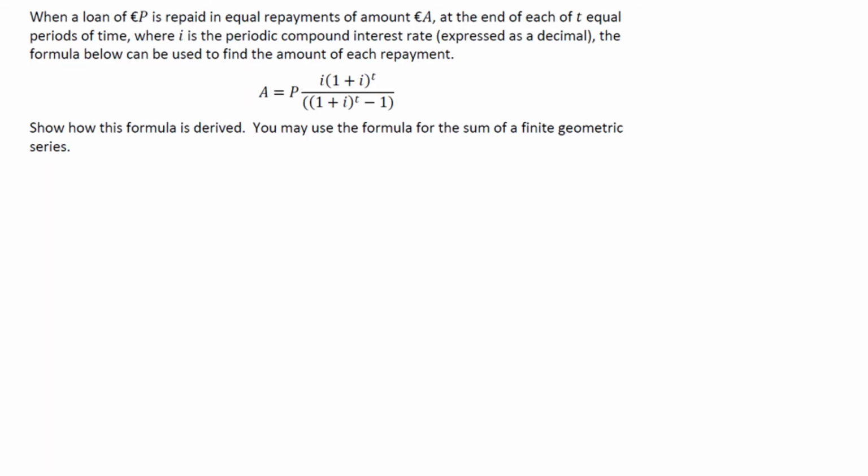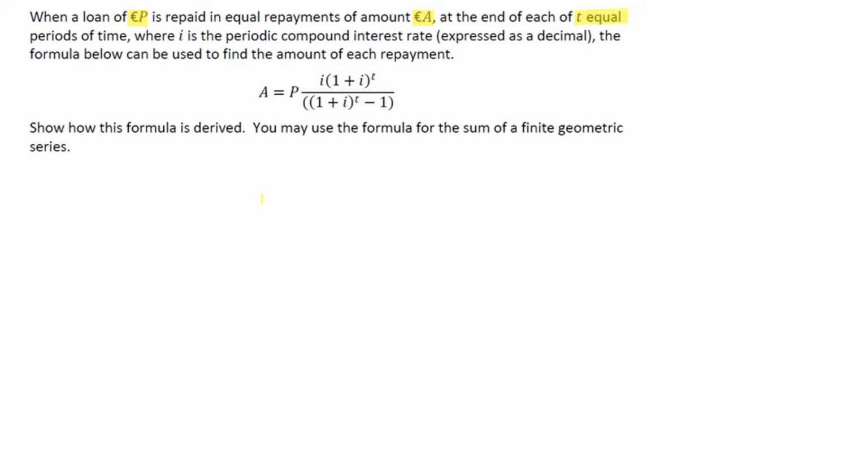We're going to now look at how we would figure out that formula from just a normal sequence. This was asked on a paper. And it says show how the formula is derived. There is no formal proof for this. This is simply setting it up as a geometric sequence and working with it. A little bit harder than usual because it will all be in terms of letters, but let's give it a go. When a loan P, so that's our total amount, is repaid in equal repayments of amount A at the